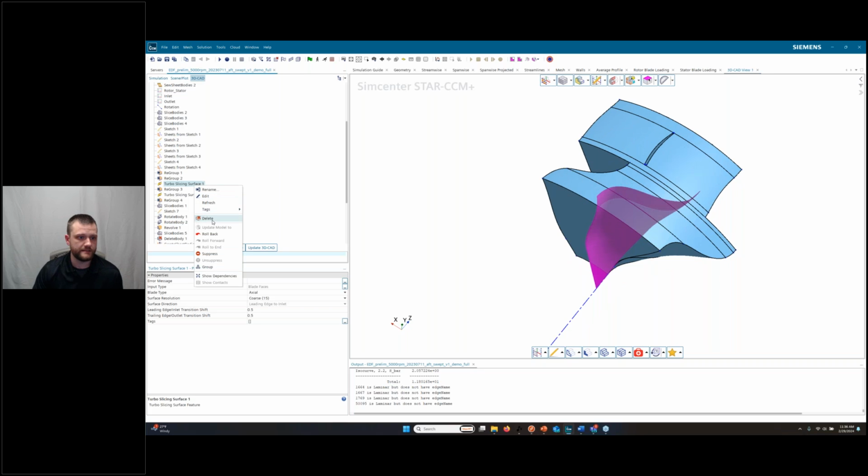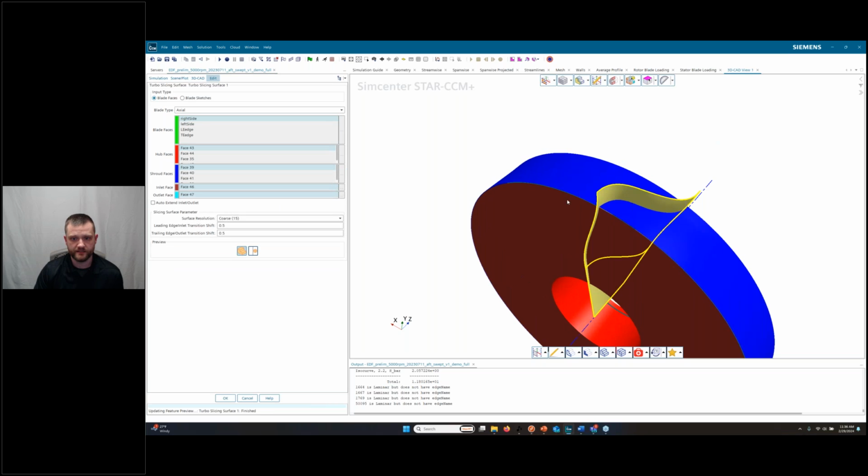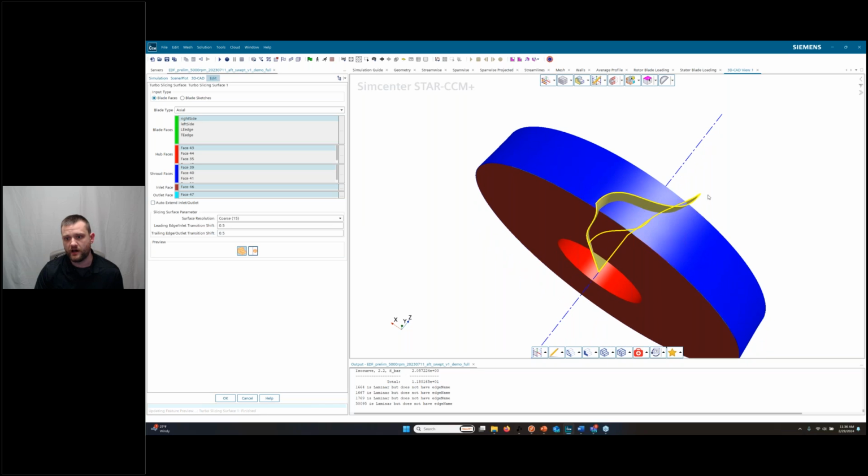The way we set these up, I had to create a little bit of geometry for these, but basically you're selecting your primitives of your turbomachinery geometry, meaning your blade faces, trailing edge, leading edge, hub, shroud, inlets and outlets, and then it's automatically creating this. And this works for axial, radial machines, radial diffusers, and with the newest release of Star CCM, it also works for mixed geometry as well.